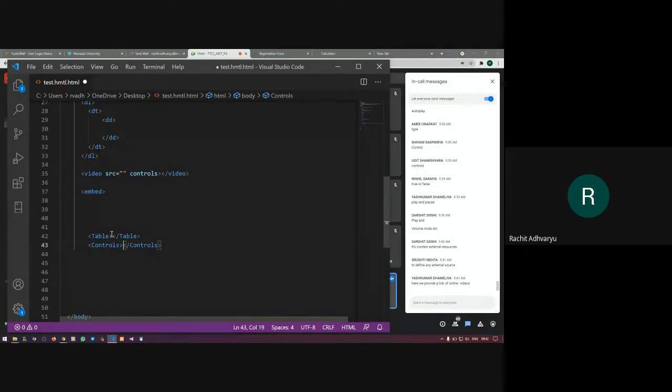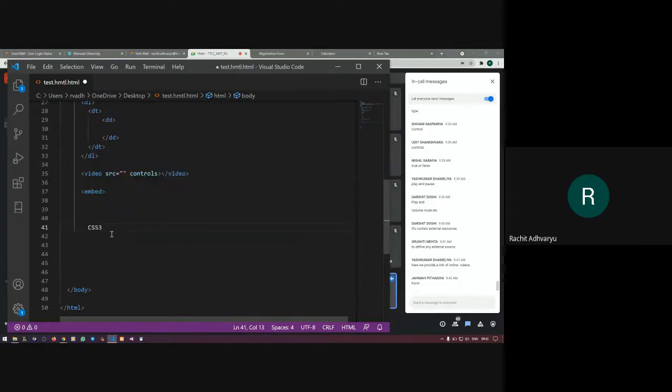Controls means the HTML controls that we create, right? These are the most important components of HTML. Yeah, the form will have the controls ultimately. Exactly. The form will have the controls, right? And so I'm skipping these two and directly moving on to the CSS part first of all.